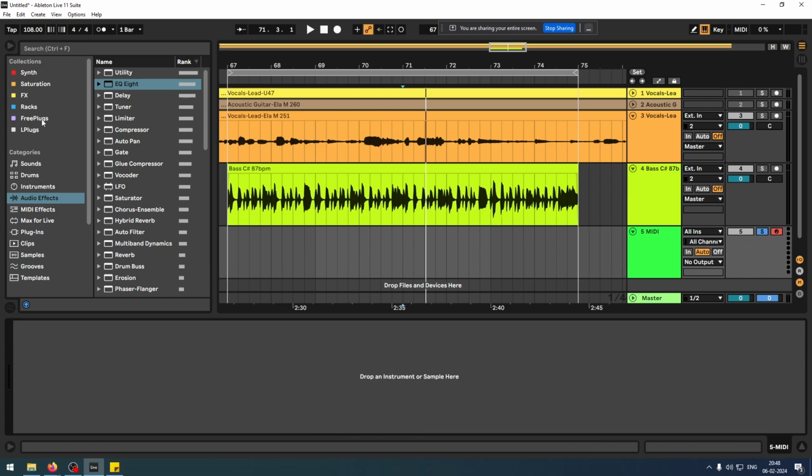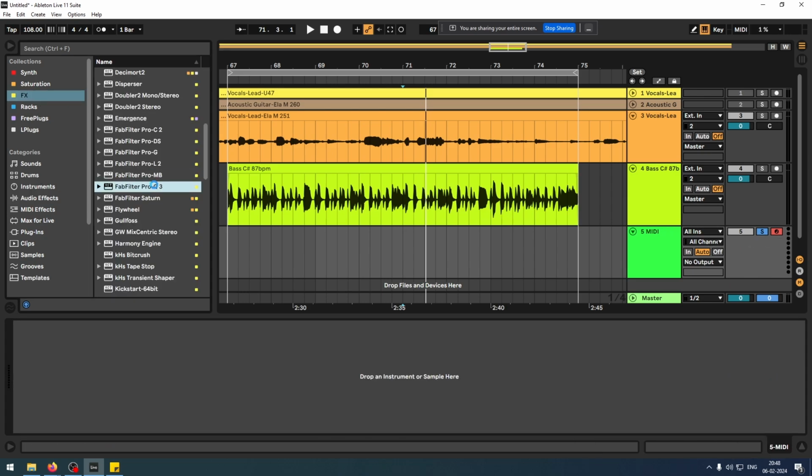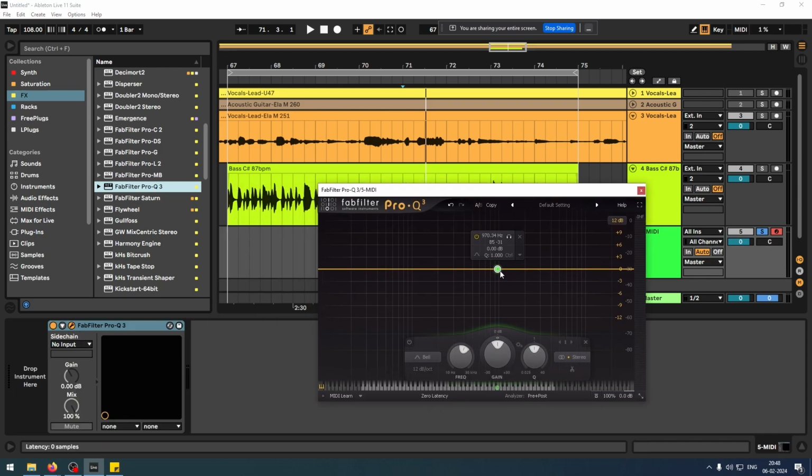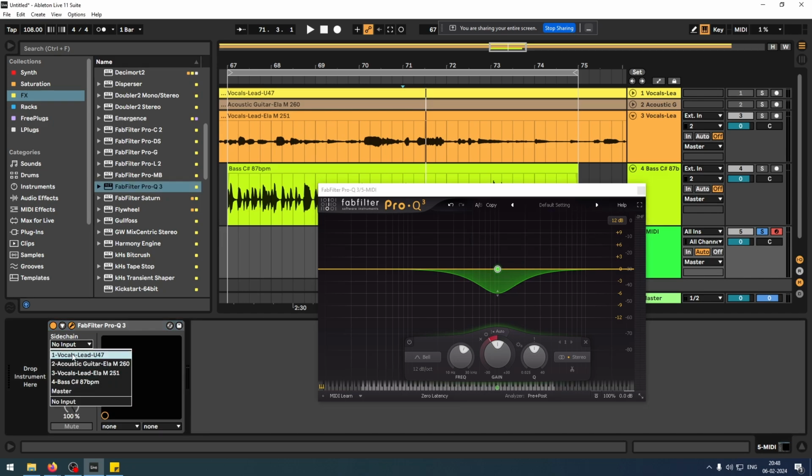To showcase it, you can take your EQ and create a band, right click, and you have the make dynamic option, and then we get that range. You can set the range, like what is the maximum amount of reduction that you want, like maximum 6 dB. And then you can choose your sidechain from the device place. Let's say I want to do it with